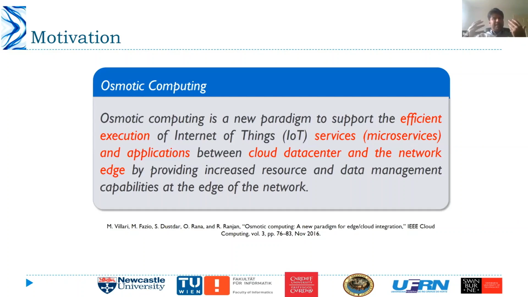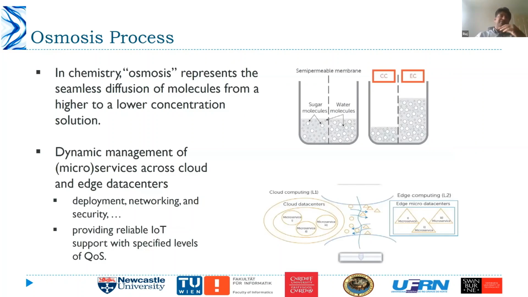And that gives us a baseline to develop our research around these IoT applications. So just to give you an overview of osmotic computing: what motivated this name was a process in chemistry called osmosis, which represents the seamless diffusion of molecules from a high concentration to a lower concentration. We use this philosophy to ask why we can't use the same osmotic principles in the context of IoT